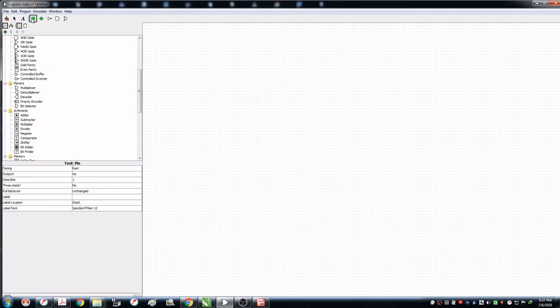So this is the input pin. It is required to give the input to the circuit, and this is the output pin. It is required to observe the output at the output side of the circuit, and these are the quick buttons: one is a NOT gate, AND gate and OR gate. So let's try the first simple circuit, that is the XOR operation.